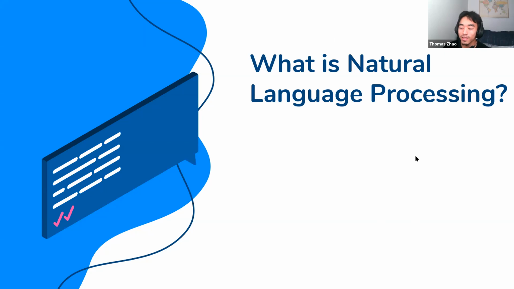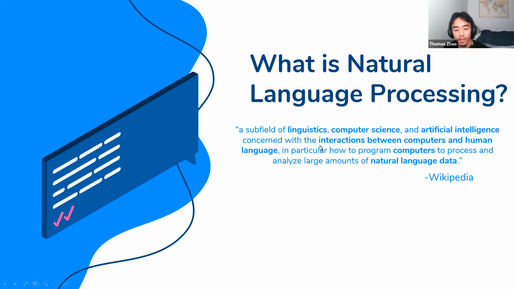All right. So turning English into code, I mean, that's pretty much, at the very core of it, converting natural language to data we can use. Now that's getting closer to what it is. Okay, understanding languages. Yeah, that's pretty much what we're trying to address. So this is what Wikipedia says. They call it a subfield of linguistics, computer science, and artificial intelligence, concerned with the interactions between computers and human language, in particular, how to program computers to process and analyze large amounts of natural language data.